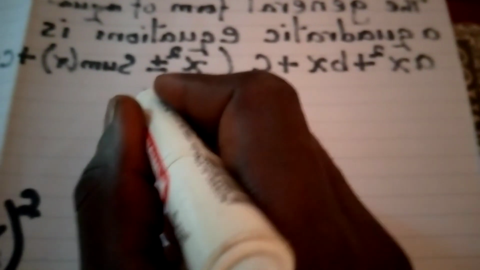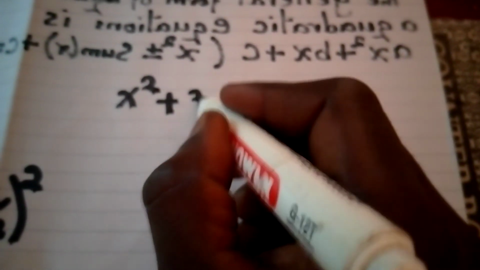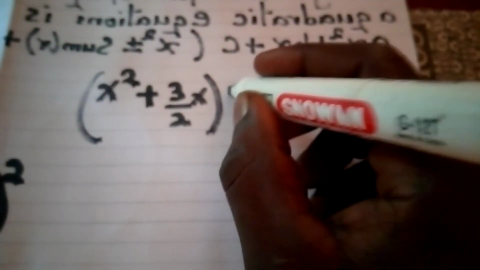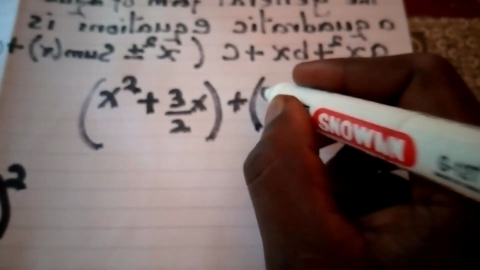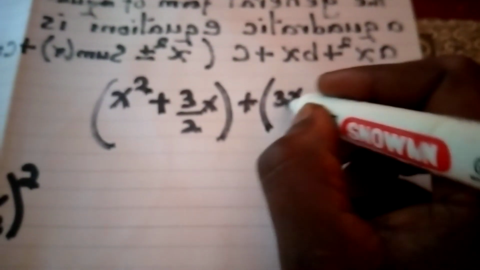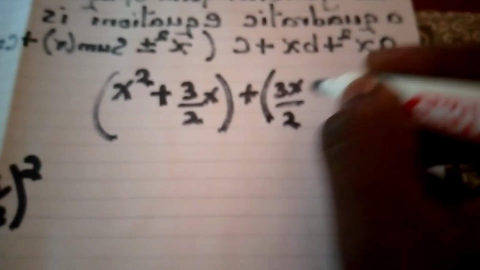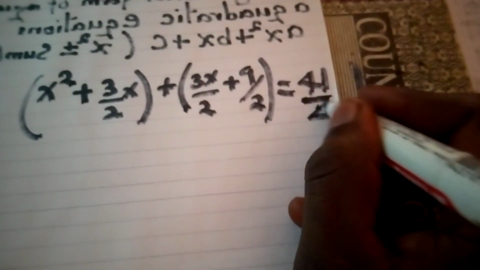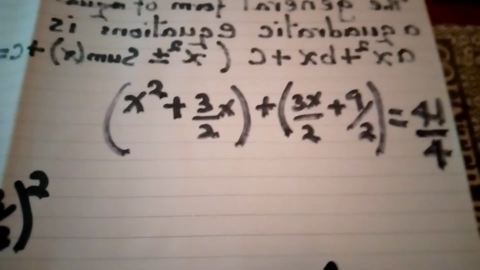finally be x squared plus 3 out of 2x, you close the bracket, then plus, we shall have 3x out of 2 plus 9 out of 4, then should give us 40 plus 9 is 49 all over 4. Then after that